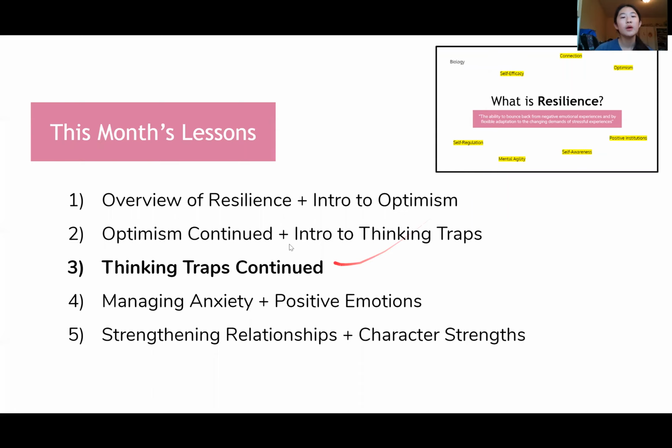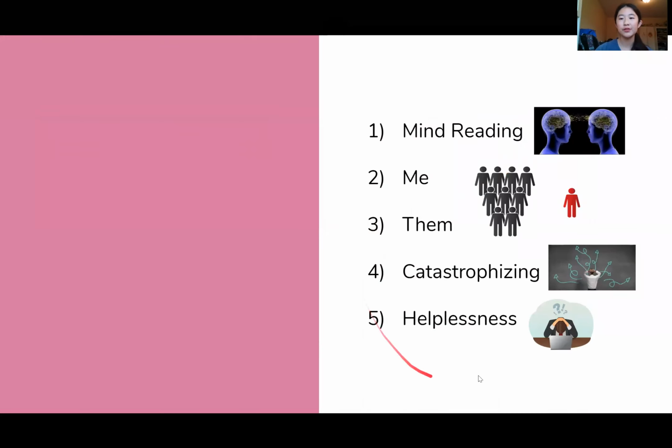Today, as you can see, we'll be finishing up with thinking traps. So last week, we talked about these 5 negative, very common thinking traps. But now that we've gotten this knowledge, what can we do with it? Don't forget the G.I. Joe fallacy from August's The Science of Well-Being course. Knowing is not half the battle. Once you know something, you've still got to be able to apply it into your life in order to make